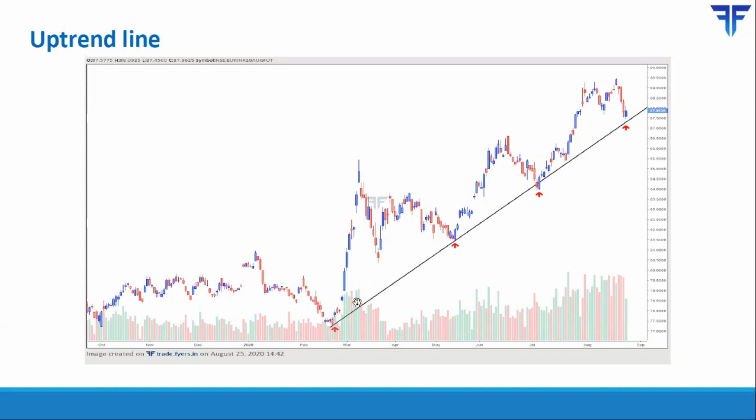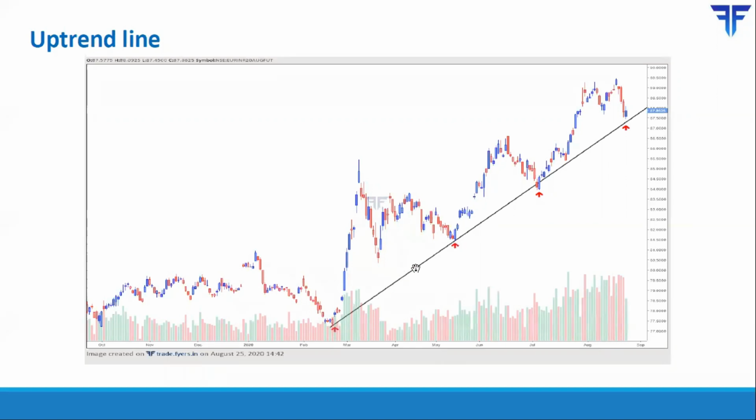But as you can imagine, that trend line broke somewhere over here. So from there, price made a low, it started rising, made a low again, and from there it started bouncing. Now, the moment price made a low over here and started bouncing, you have two successive swing lows. This is the first swing low, this is the next swing low.